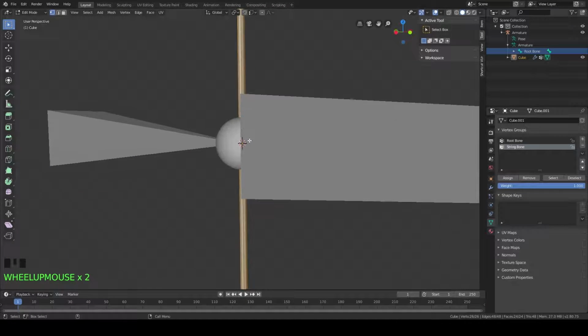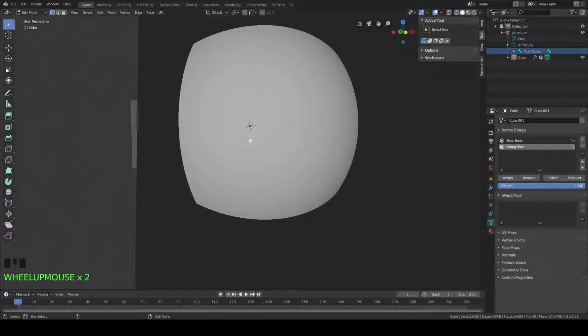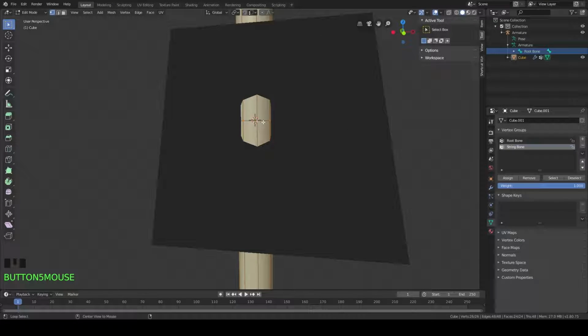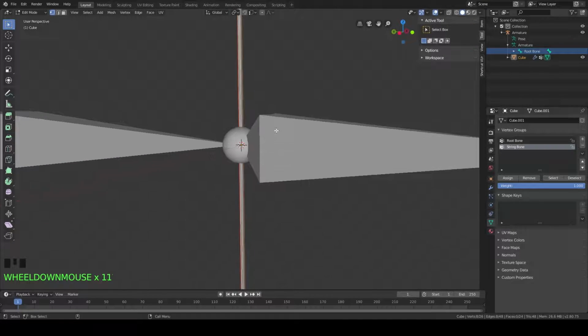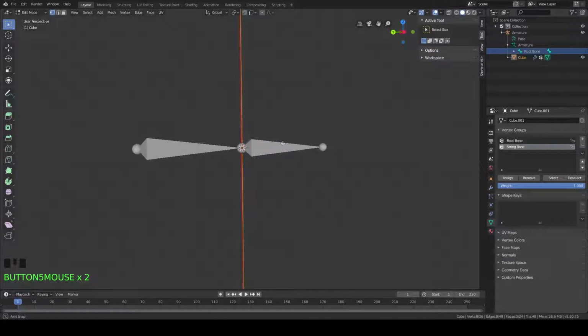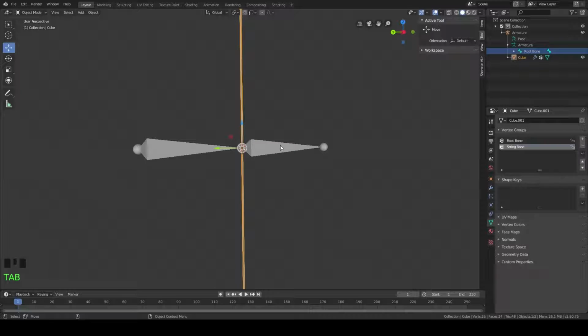All right, now we're going to go ahead and select that same edge loop that we removed from the root bone. Alt select. All we have selected is these vertices here. Then we're going to hit assign. And now this root bone should only affect those vertices, so that when we draw back,